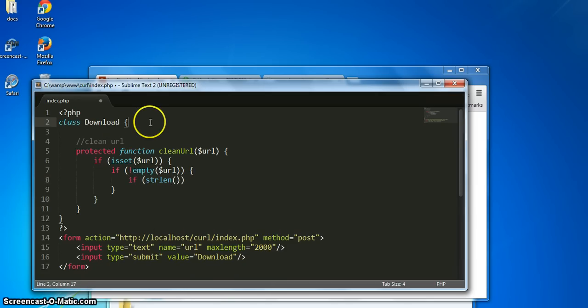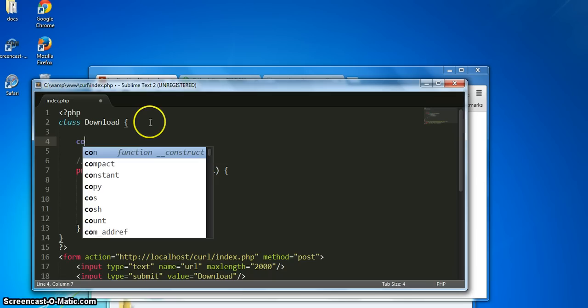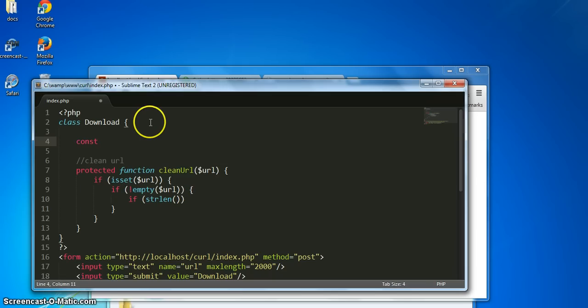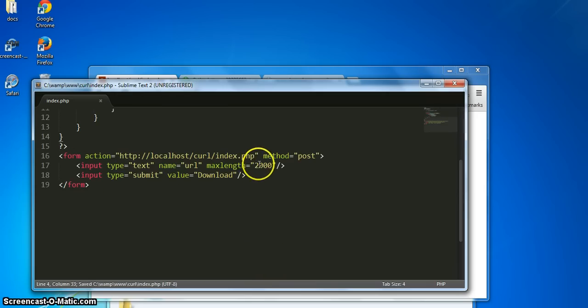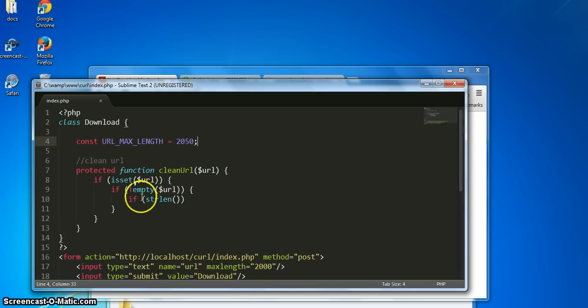Before we do that, let's create a constant URL max length, let's say 2050. Make it greater than the max length of the form. So we're going to say if string length of URL